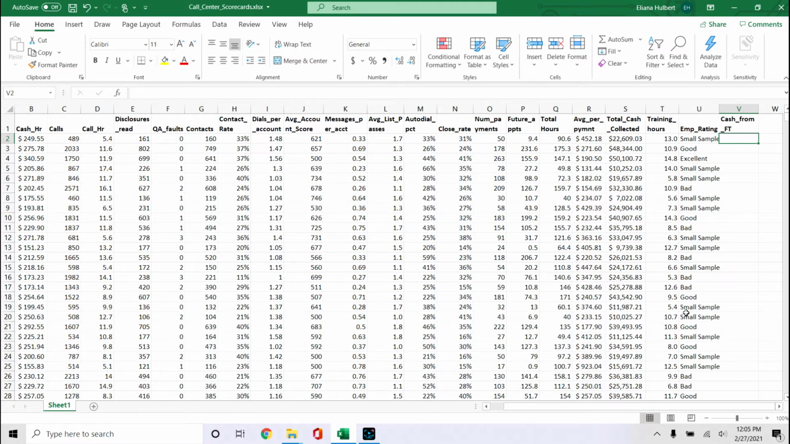Let's say we wanted to understand how much cash was collected by people who had a qualifying sample. They had enough calls. So we go equals IF, hit tab, and we know they didn't have enough calls if column U right here says small sample. So we say if column U is not equal to small sample. Any ideas how to write not equal to here? It's actually a less than and then a greater than together. That's how you do it, same as in some other coding languages. So if it's not equal to small sample,